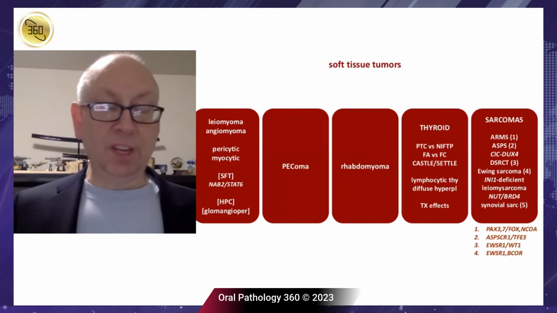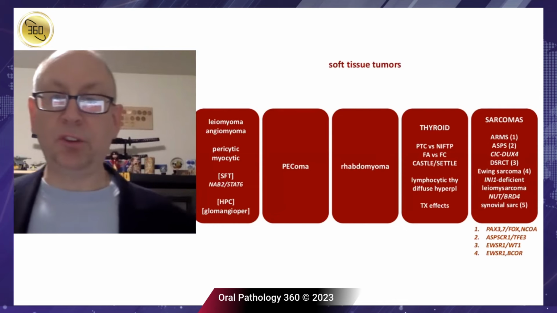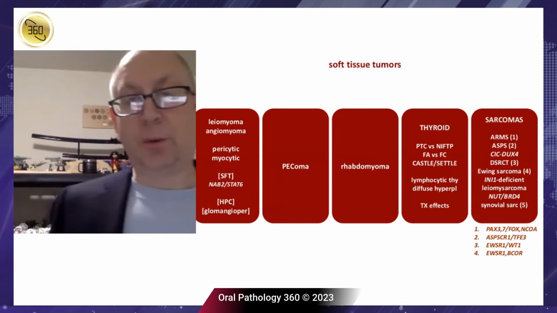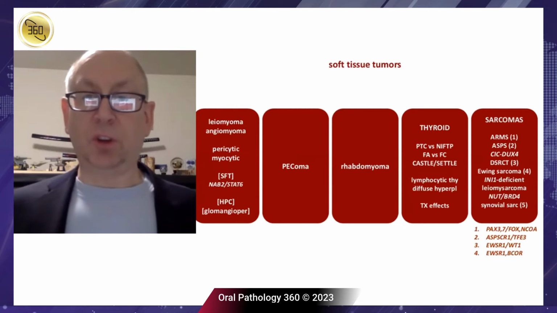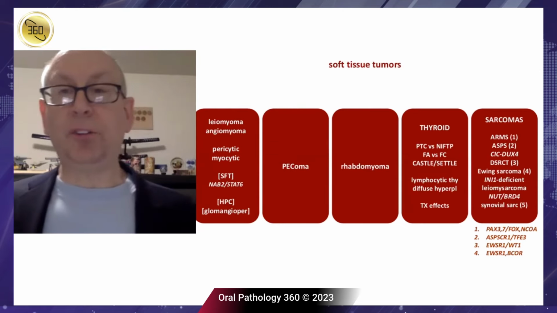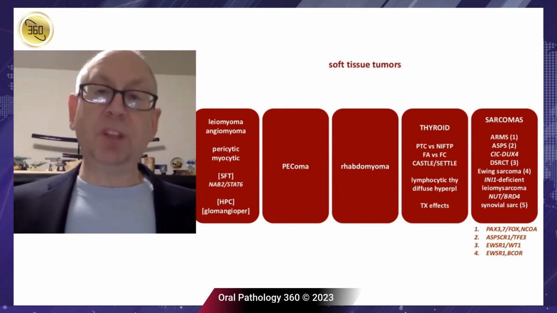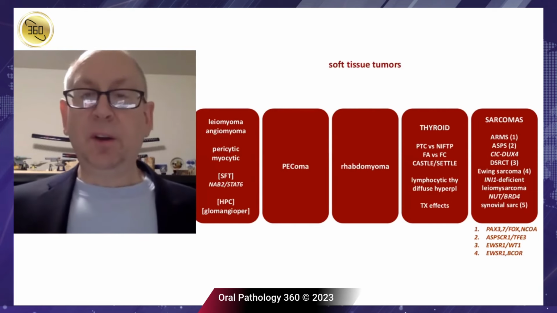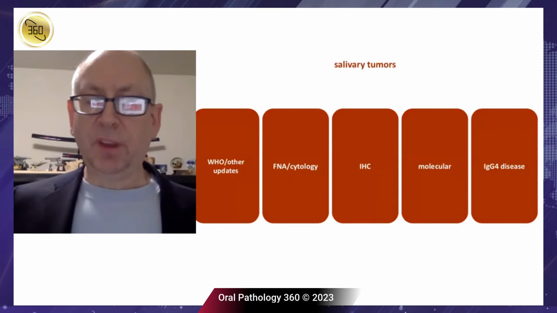I don't see very many of them, but we know they exist. Then there's benign skeletal muscle tumors. And then there are, at the right, malignant skeletal muscle tumors and malignant soft tissue sarcomas, many of which now seem to have a genetic component to them. And because the thyroid is in the head and neck, I'm going to show you some thyroid cases and show you what I've learned about them.